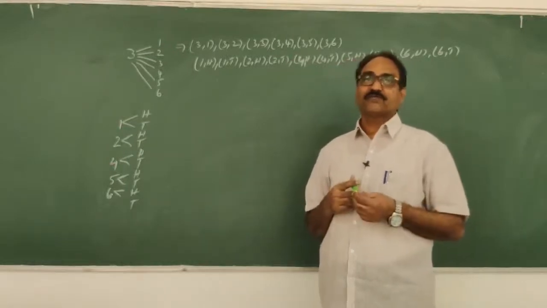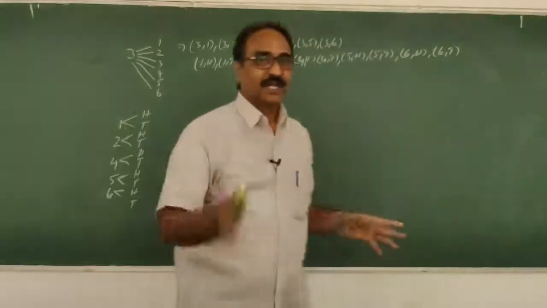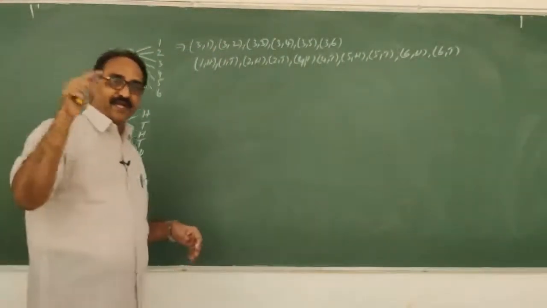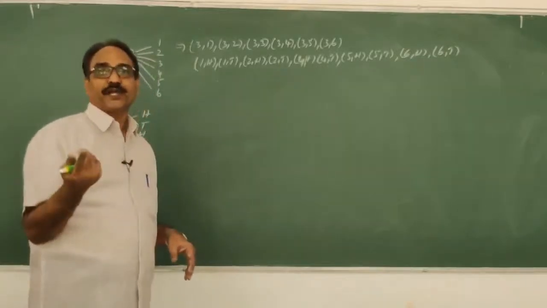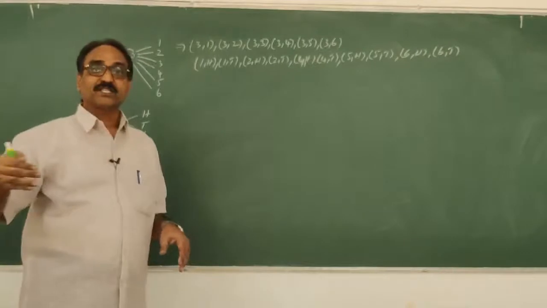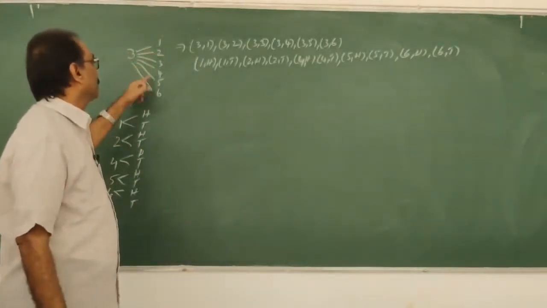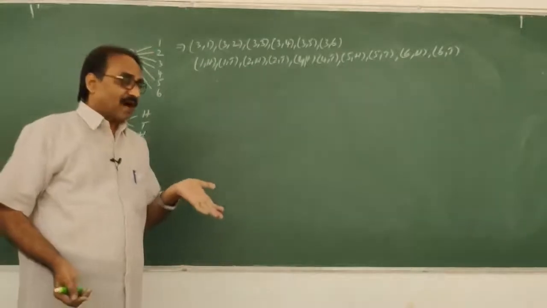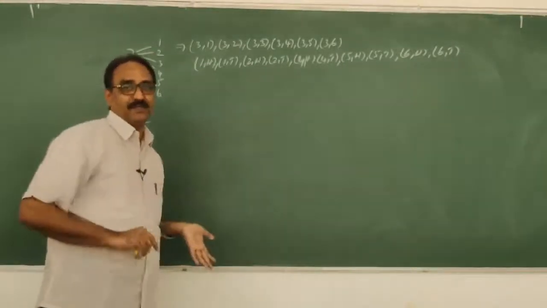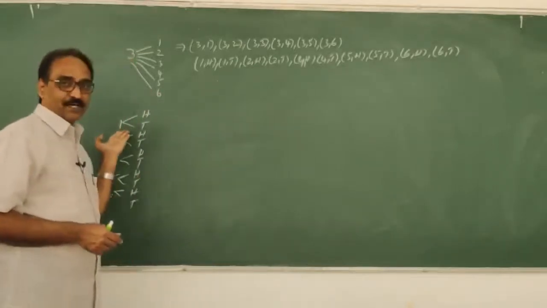I told you, first of all, let us find out the sample points by seeing like this. So technically, if I throw a die the first time and I get a number 3, again I have to throw a die. When I throw a die again, I will get 6 possibilities. So it may be 3,1; 3,2; 3,3; 3,4; 3,5; 3,6. Why 3? Only after 3 comes, the second die will be thrown. That's why this combination.